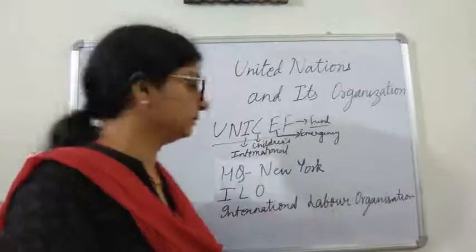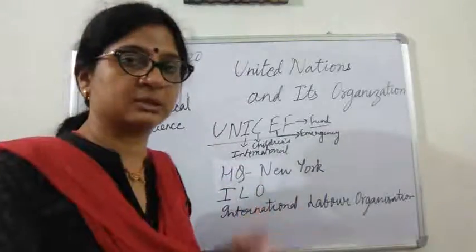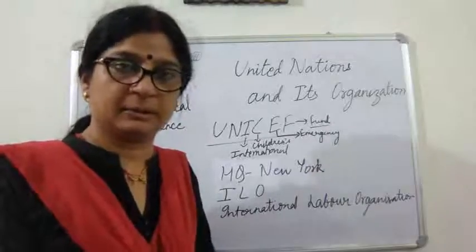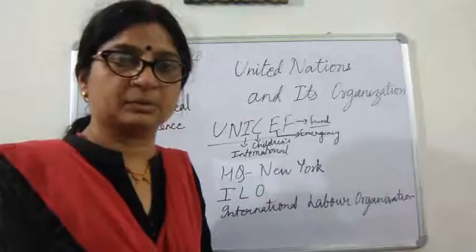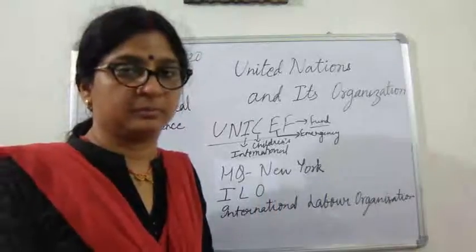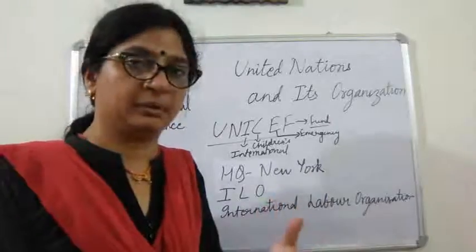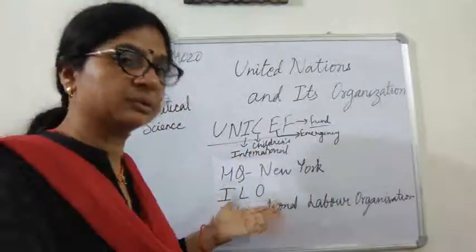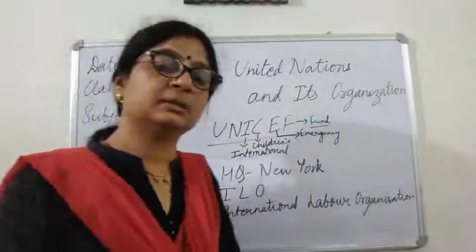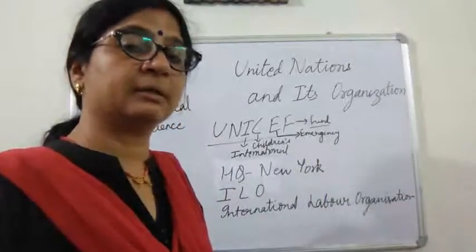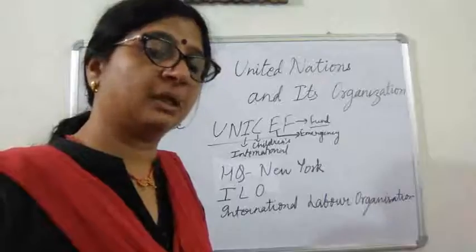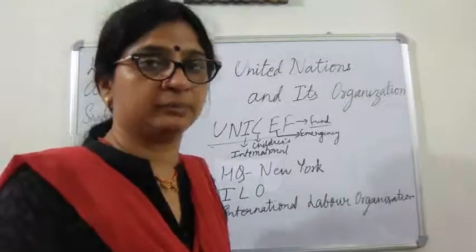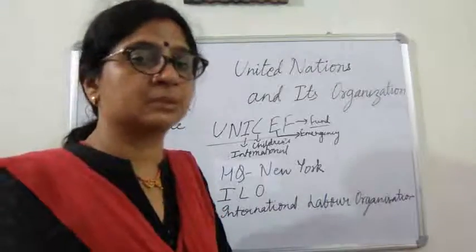So if we see in case of UNICEF, the focus is on children because children are exploited. Child abuse persists in our society. So they need protection, they need help in order to develop their personality. And this is given by UNICEF, and now this ILO. ILO is International Labour Organization. Other than children, we see that laborers are also an exploited group of the society, the weaker group of the society. They need some protection,